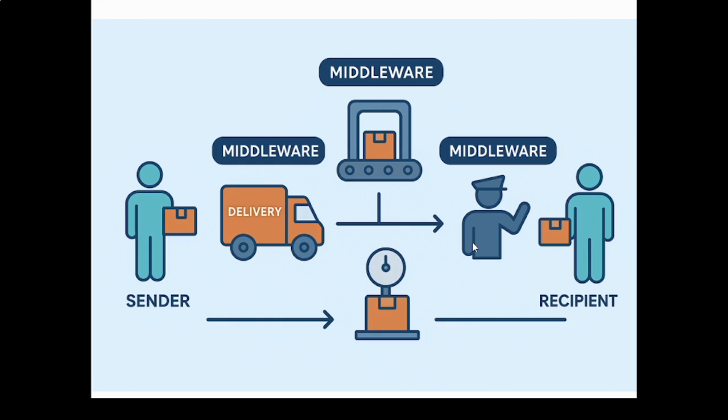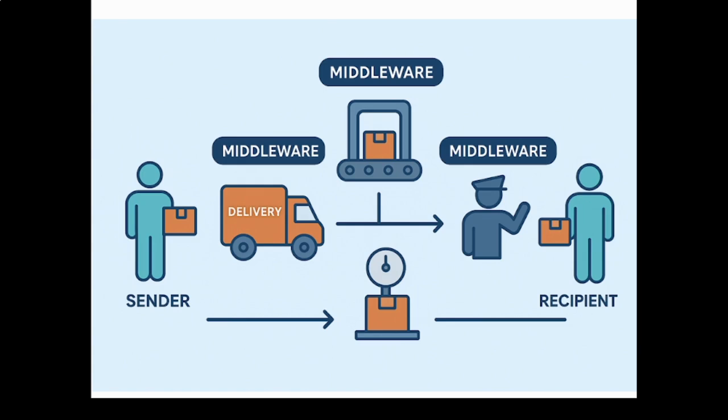Now, when we talk about programming, when a user sends a request to the server, it first goes through the middleware. So the functions could be like checking the data, whether the user is logged in, adding some extra information like timestamps, stopping bad requests, or allowing the request to continue. Then after all the necessary checks or modifications, the request reaches the final handler. That is the actual route logic that sends the response.